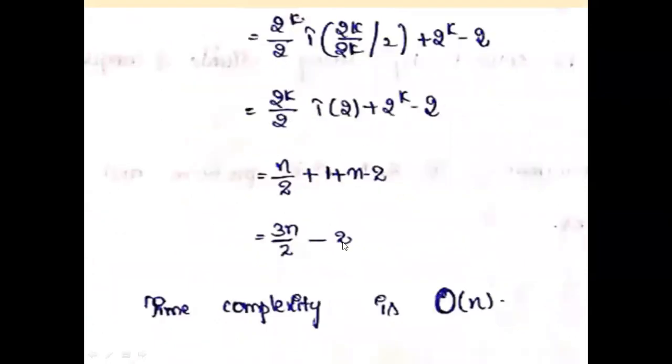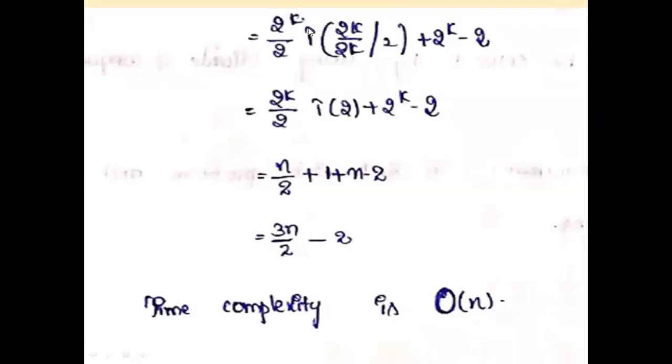In generalization, the coefficient 8 is represented by 2 power 3, so we get 2 power k minus 1 into T of 2 power k by 2 power k minus 1, plus the sum of 2 power i, where i goes from 1 up to k minus 1, that is 2 power 3 plus 2 square plus 2 power 1.